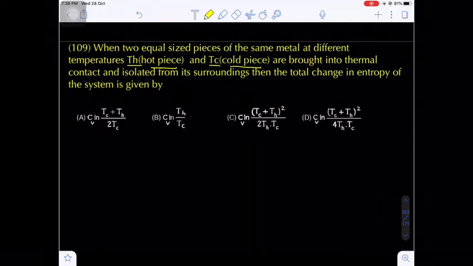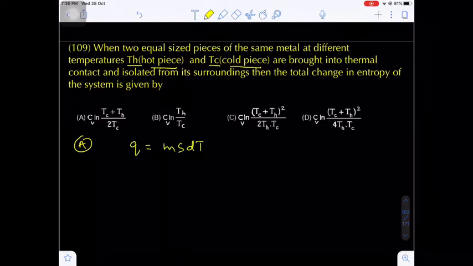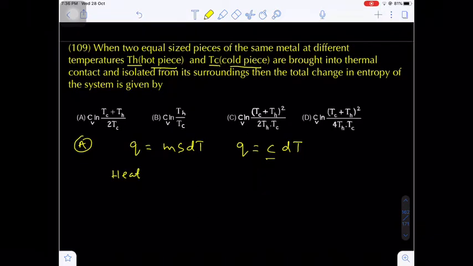Now first of all, what is the heat formula? Q is equal to, shall I write m s dT or delta T? Otherwise Q is equal to C into dT or delta T. Are you getting my point? Where C is the heat capacity, and the law of conservation of energy: energy can neither be created nor destroyed, it can be transferred from one form to another form,